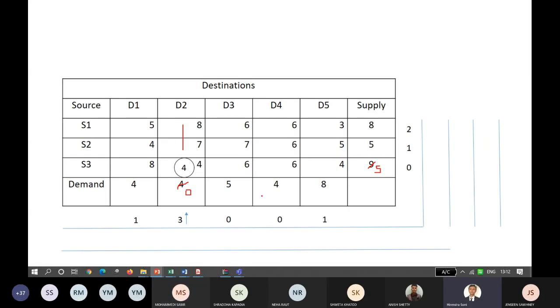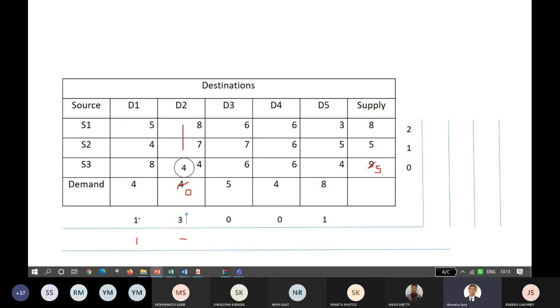Correct? Now, what is the next set of penalties? Once one allocation is done, since it has exhausted, we are not going to calculate penalty for this particular column, and we'll start from here. So the penalty will still remain the same,